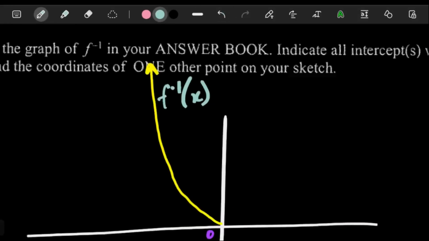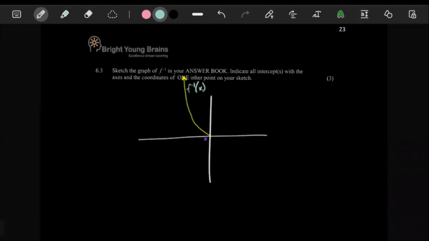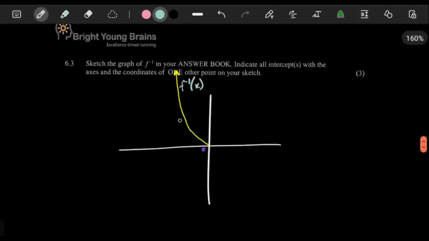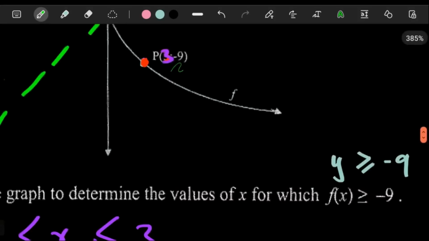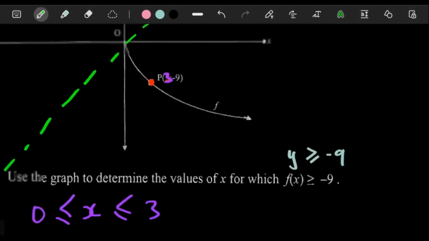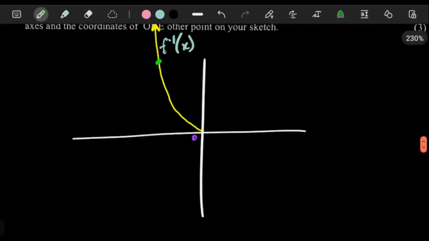Yeah, and then that's gonna give us 3 marks. We have one, we need to label one coordinate. So one of the coordinates we can label is just the inverse of this one here, where this is swapped around. So we can swap it around. We'll have -9 and +3. So what we can say here is somewhere here, right, you're gonna have